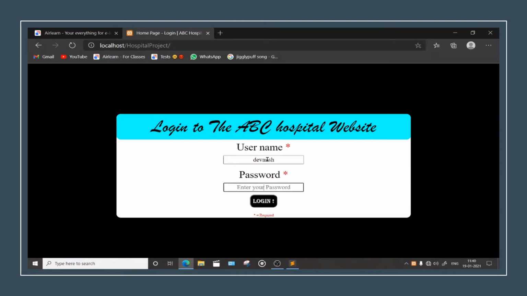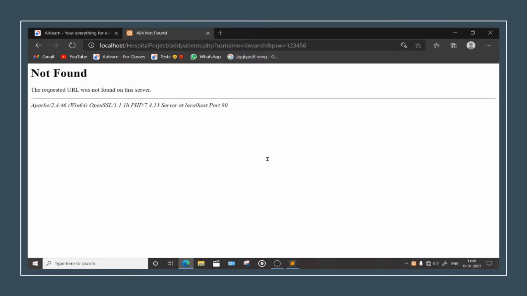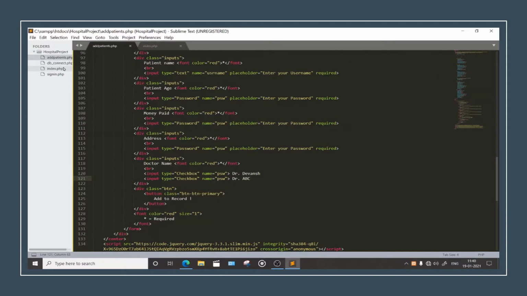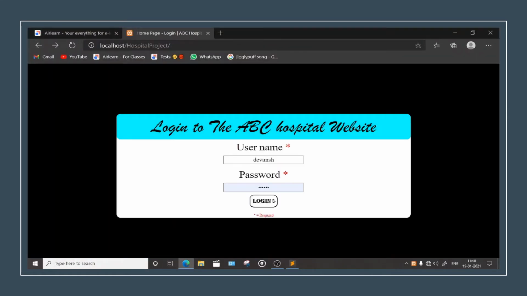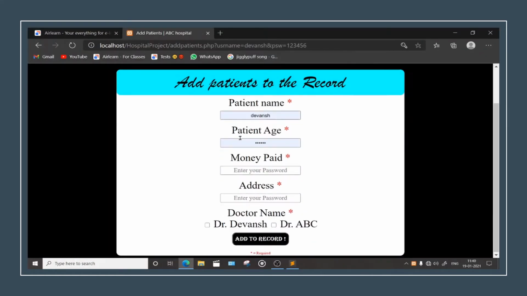Let's write Devansh 123456 and login. What's the problem here? It's a spelling mistake in hospital project. Head back, log in, and we have got this. Wow, looks nice.